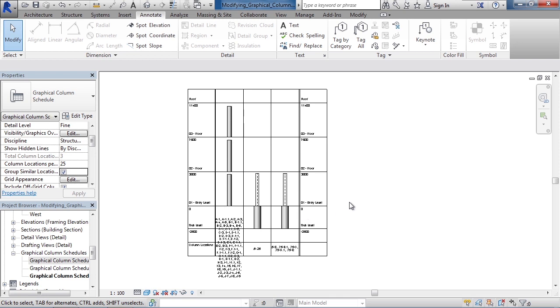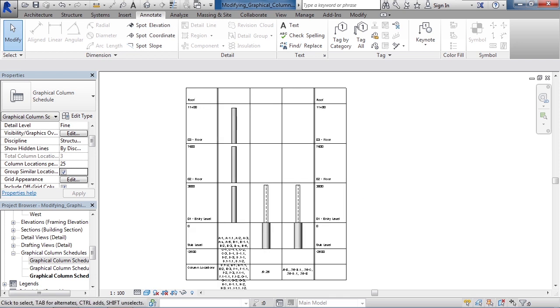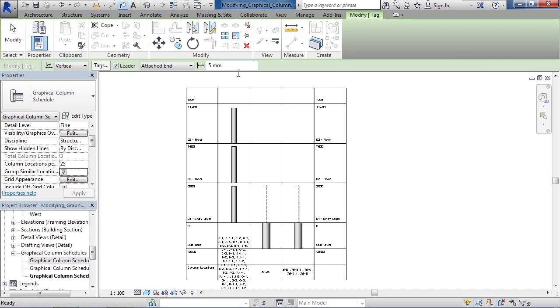And lastly, if you want to tag your columns within the actual schedule themselves, go to the Annotate tab. On the Annotate tab, you can tag by category, where here I could set the tag placement on the option bar, such as vertical. I'm using a tag with a leader, attaching it to an end, and I get an offset for the leader of 5 millimeters. So as I mouse over my column, I'll see the tag with a leader applied,